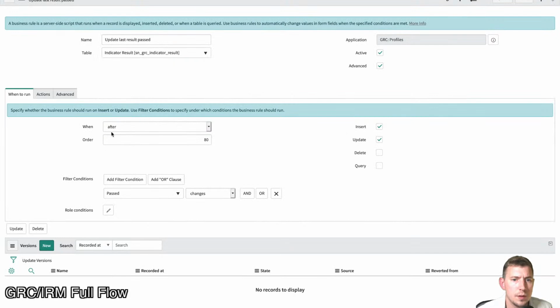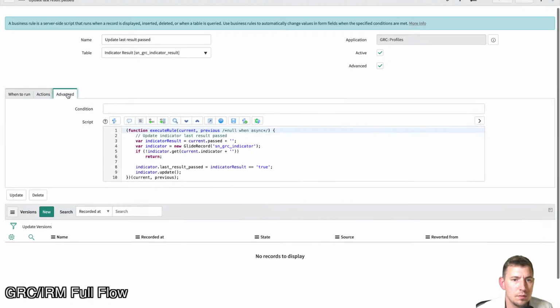Update last result passed. Yes, this is an after business rule, so I'm pretty comfortable that we can create a flow from this. But what happens